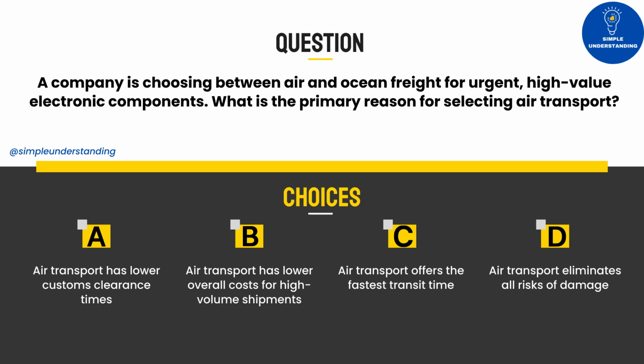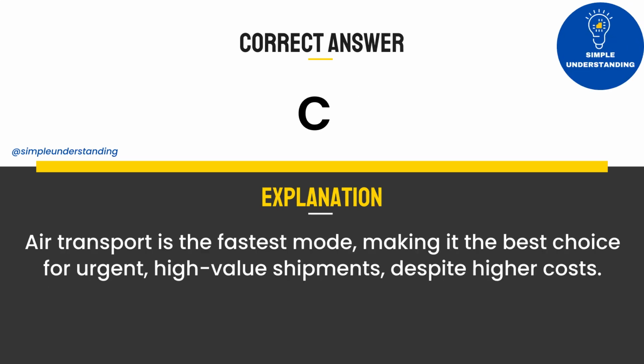2. A company is choosing between air and ocean freight for urgent, high-value electronic components. What is the primary reason for selecting air transport? A. Air transport has lower customs clearance times. B. Air transport has lower overall costs for high-volume shipments. C. Air transport offers the fastest transit time. D. Air transport eliminates all risks of damage. Correct answer. C. Explanation. Air transport is the fastest mode, making it the best choice for urgent, high-value shipments despite